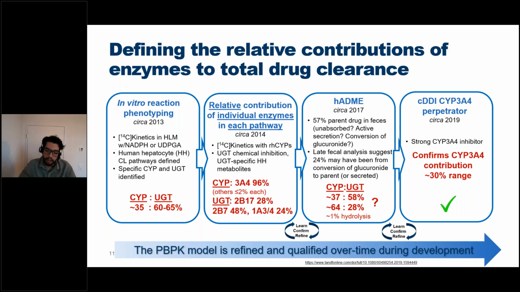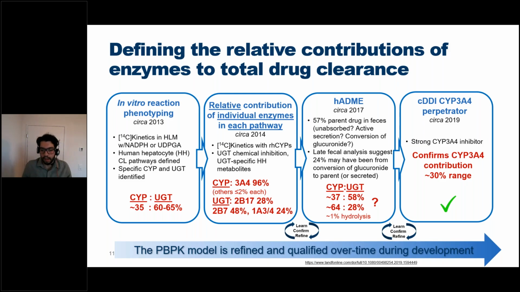Now, one important component of the PBPK model verification and development is, of course, to define the relative contributions of the enzymes involved to the total drug clearance. And this started already, as you can see on the leftmost box of the slide, in 2013. Initially with in vitro reaction phenotyping and kinetics performed in human liver microsomes in the presence or absence of NADPH or UDPGA, as well as by defining human clearance in hepatocytes,